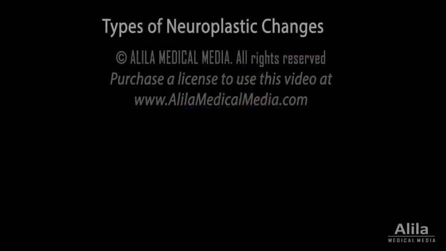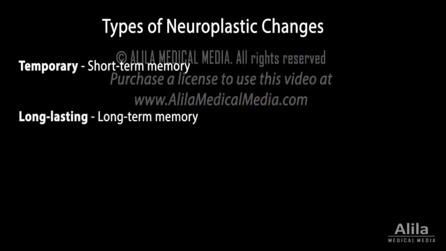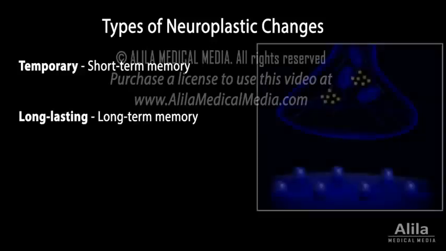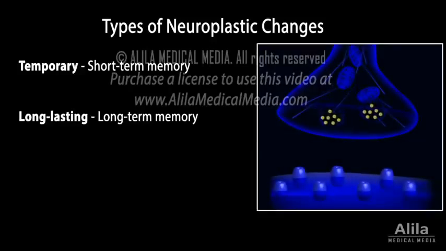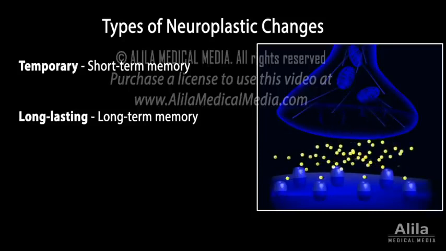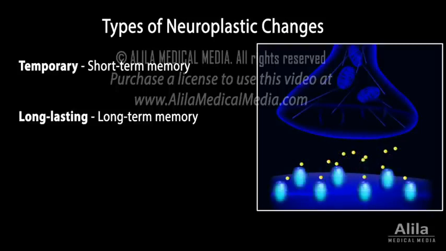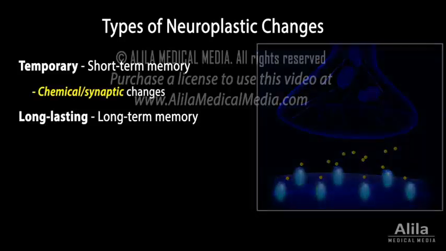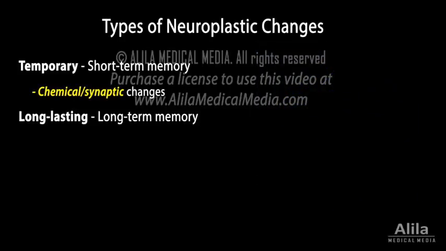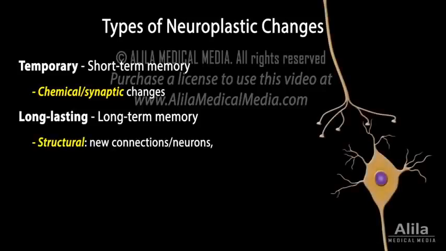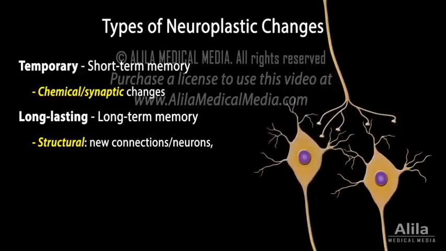Changes in synaptic strength can be temporary or long-lasting depending on the intensity and reoccurrence of the signal the synapse receives. Neurons can temporarily enhance their connections by releasing more neurotransmitter, activating a new receptor, or modifying an existing receptor. This is the basis of short-term memory. Long-term memory retention requires strong or sustained activities that produce structural changes, such as growth of new dendritic spines and synaptic connections, or even formation of new neurons.